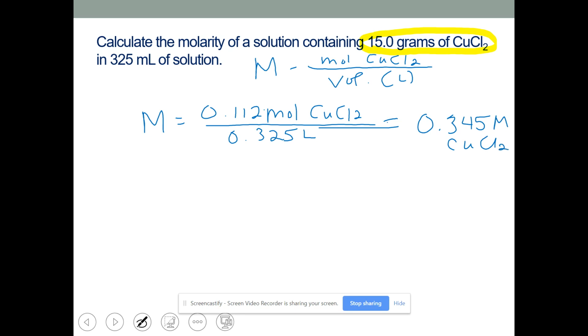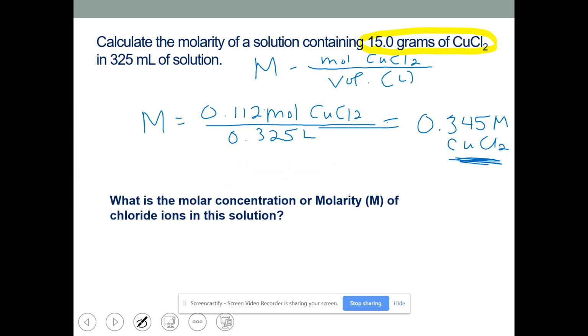Now, it's important that you note what you have found the concentration of. That's the concentration of the whole compound in the solution. And why that's important is that you are often going to need to know just the concentration in molarity of the individual one or all of the individual ions. In this case, it's asking you to find the chloride ions. Now, this kind of goes back to what we were working on earlier this week, where you take it and because it is soluble and dissolved in water, we know that this is going to break apart to give you,